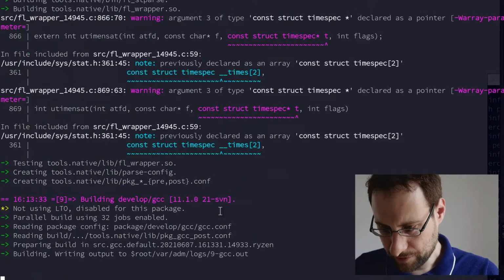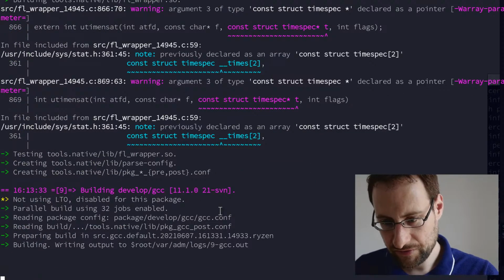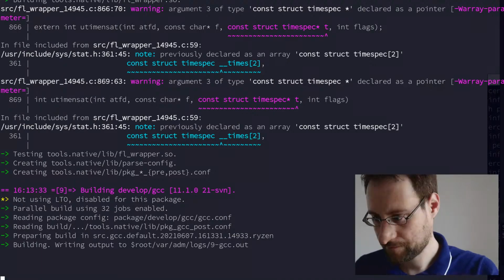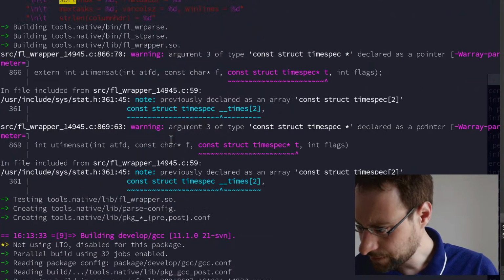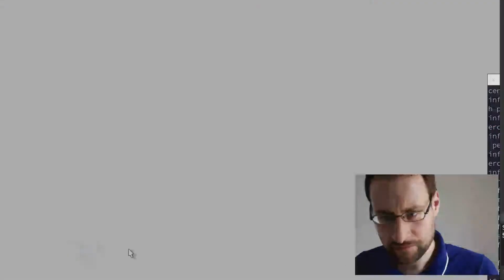What is our build doing? We're still building GCC. So yeah, that is still building. What time do we have? We have 18. Oops, did I touch